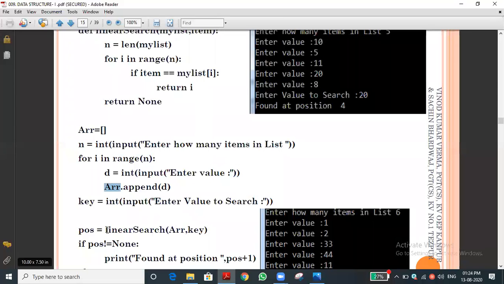Now what is linear search? It is a call statement, sir. Yes, it is a function name, and of course we are making the call statement. Very good. How many arguments are we passing? 2 arguments. What are we passing? ARR, which is a list that contains n elements. Suppose 5, then 5 elements are there. So we pass the ARR list and key, the searchable element, into the function.